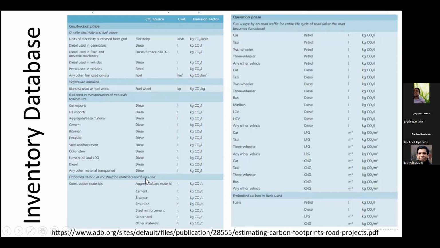And the same when you look at your operational phase: you have to consider different types of vehicles that are there. What is the fuel type? What are the emissions that are coming out? So the data inventory basis that was explained by Dr. Sarath can be a very valuable input over here. And similarly, the embedded carbon in fuels like petrol, diesel, LPG, which are common, has to be considered here, and in the construction phase also.